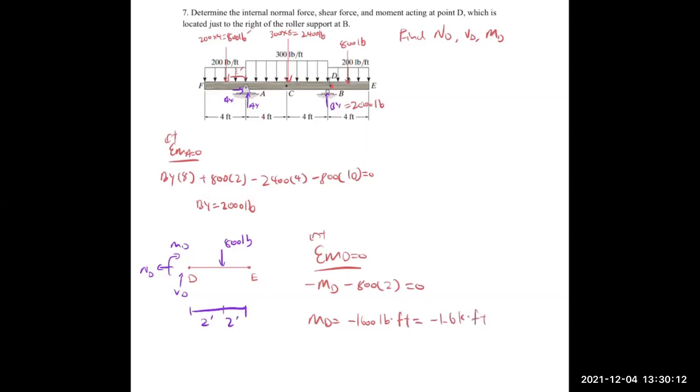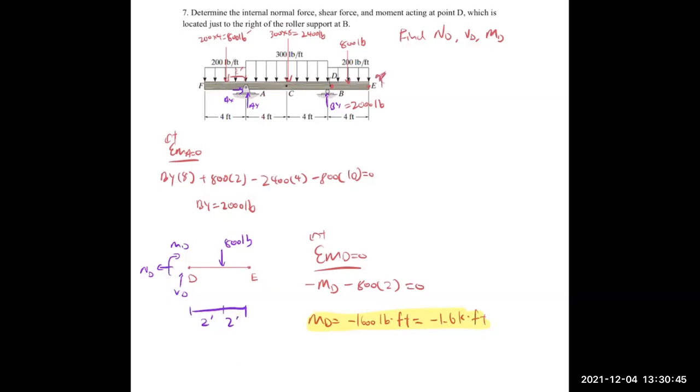Okay, so it's very easy, but if the question is asking to find the shear, normal, and moment about point C, then what you have to do is cut between E and C. Okay, don't cut between C and D, because if you cut between C and D, you need to know what MD is, you need to know what MC is. But if you cut between E and C, since E is this hanging edge right there, we know that